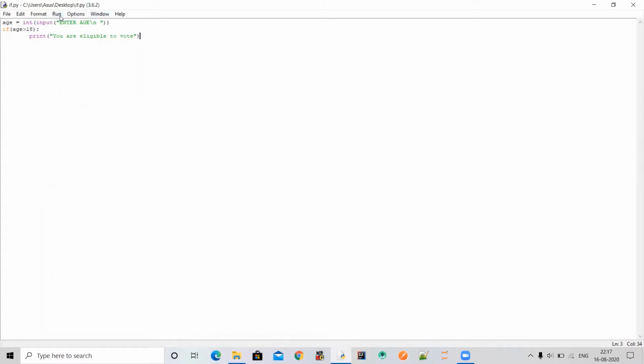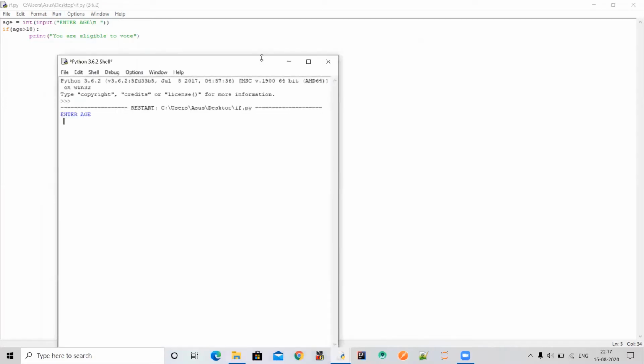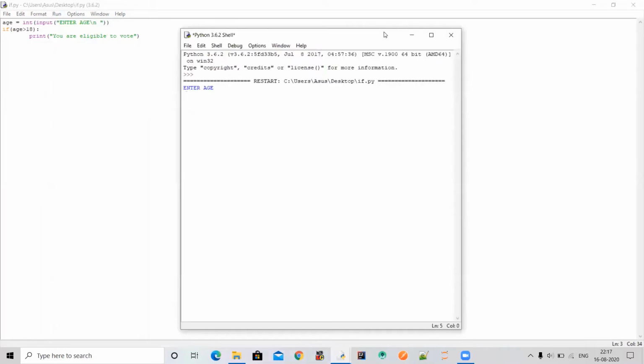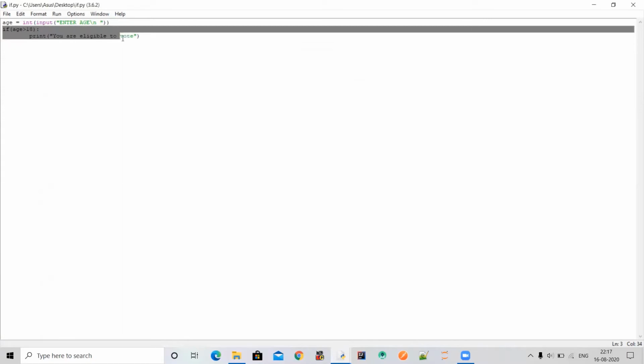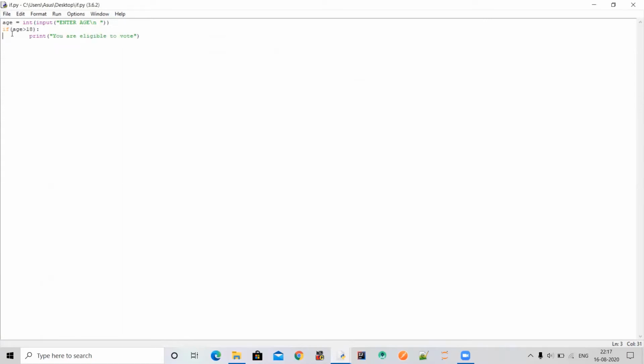But now guys, if you run the program again and enter an age which is less than 18, like 10, and press enter, then the program will run correctly, but it will not show anything because it will not go inside the if statement, because the condition here is false, as the age you have given is 10 and 10 is not greater than 18, so it will print nothing.